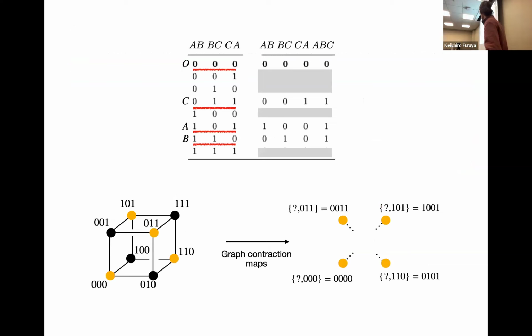So this is what I was saying. You have a left-hand side hypercube, which has all the bit strings. Some bit strings are labeled A, B, C, and O. This is defined once you give the composition on the left-hand side. On the right-hand side, you fix and label these vertices, and then the problem is that you need to fill in these blanks. This is the same as filling the inside of the graph. That was kind of the intuition.